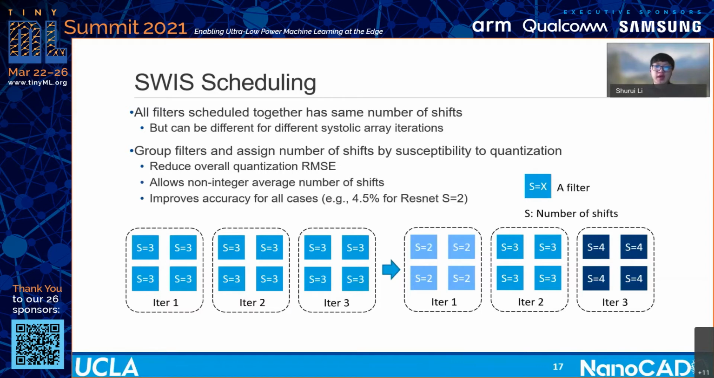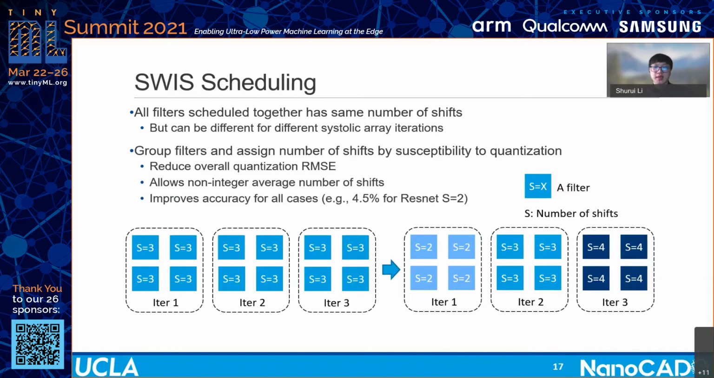Practically, not all filters are equally susceptible to quantization. So we can assign different numbers of active bits to filters to reduce overall quantization error while keeping the average number of active bits the same for each layer. For example, here, there are 12 filters in total, and each 4 filters will be scheduled to the systolic array